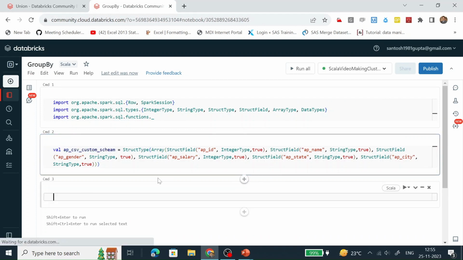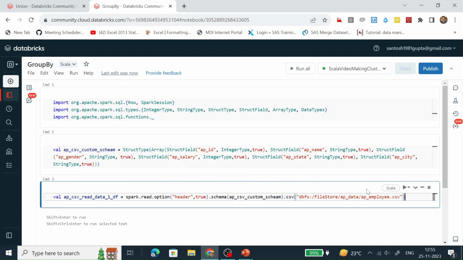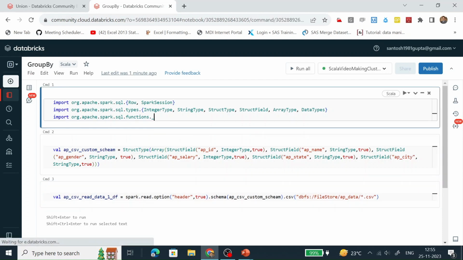This one is going to create the data frame by reading the CSV file. So what I'm doing now, I'm reading all the CSV files which are present in this folder by putting this wildcard character. Let's run it one by one.